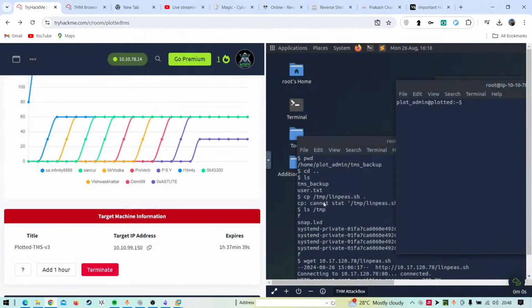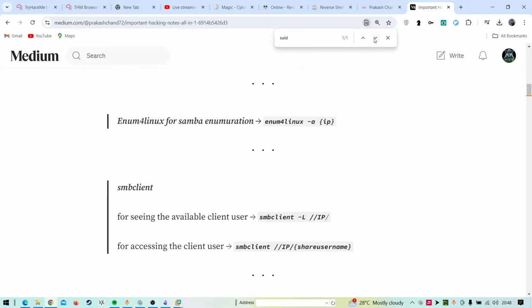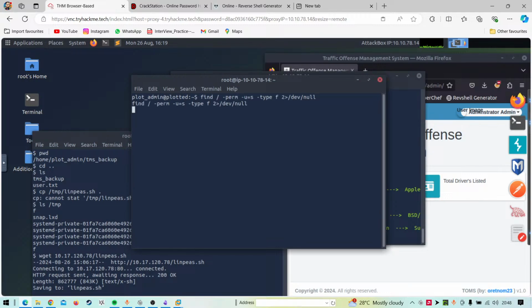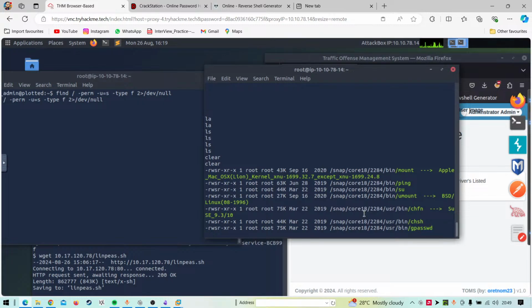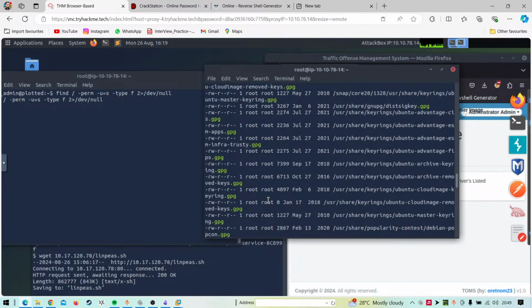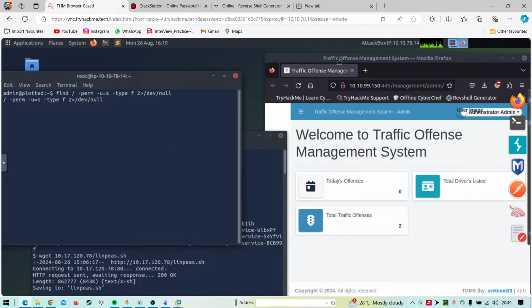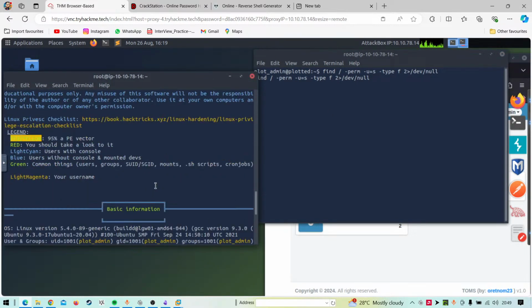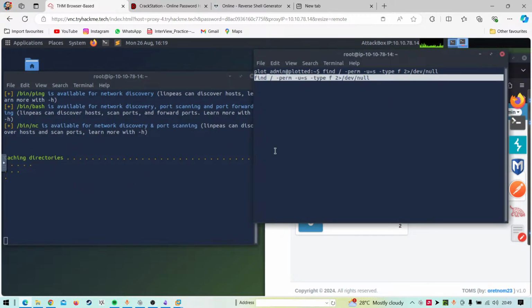Okay, the machine has been expired, and don't say that please. So we'll go for the SUID only just to save time. I don't know what's running here, one more LinPEAS is running. I'll just close it. So we are currently running LinPEAS over there for SUID binaries.